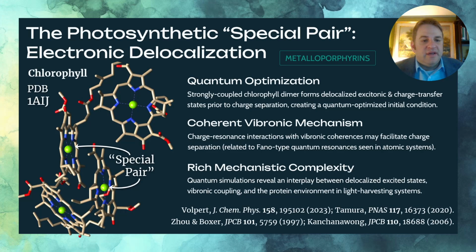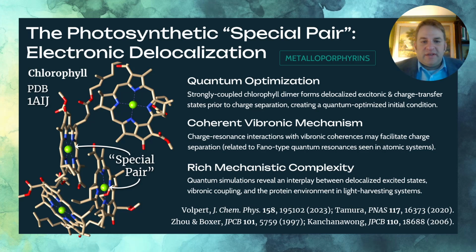If we consider another metalloporphyrin, chlorophyll, which enables photosynthesis, there is something called the photosynthetic special pair. This is not what's usually considered the antenna that absorbs the photons of light, but it is the reaction center where the light-induced excitation produces a charge-separated state that goes on to produce truly the biological electricity that powers all life as